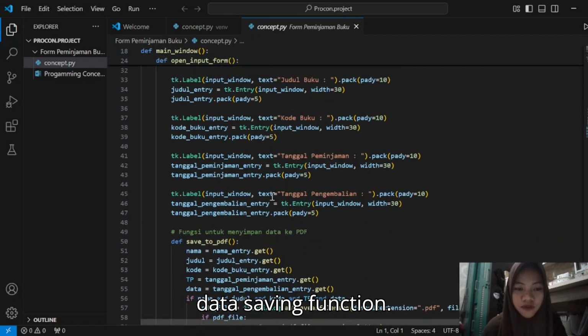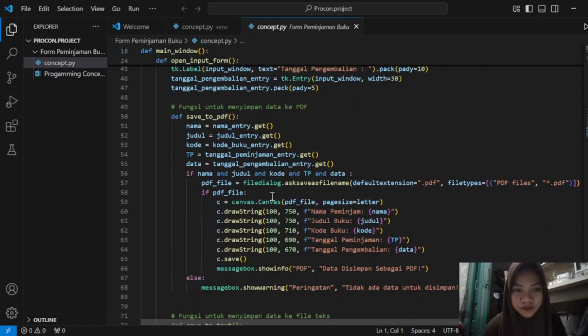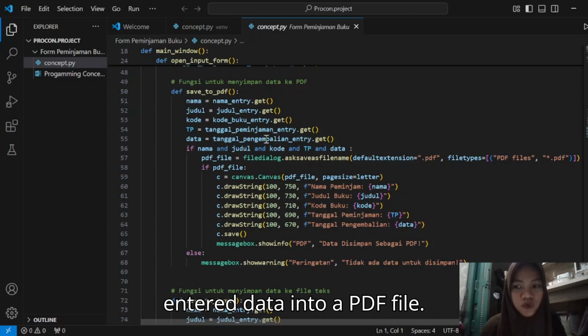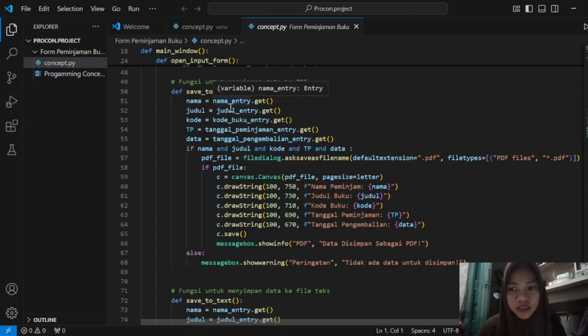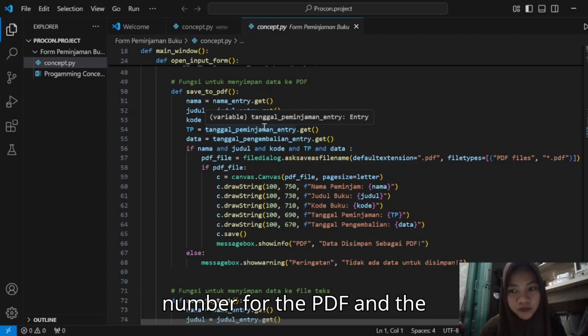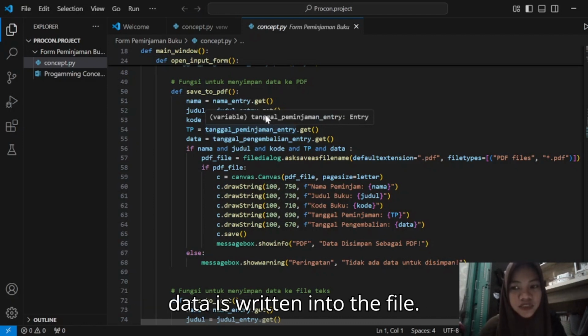Data saving function. Save to PDF saves the entered data into a PDF file. The user selects the location and file name for the PDF, and the data is written into the file.